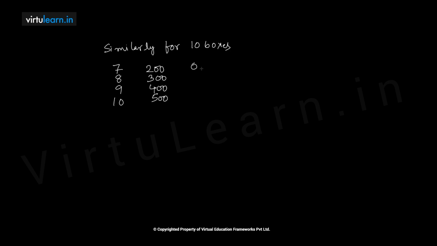So the probability is 0.10, 0.30, 0.45 and 0.15. So this is 20, 90, 180, 75. So total would be